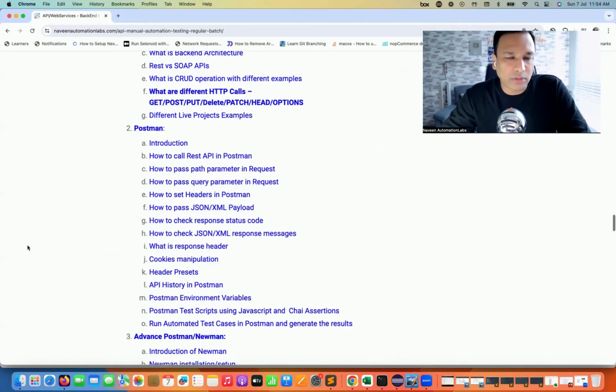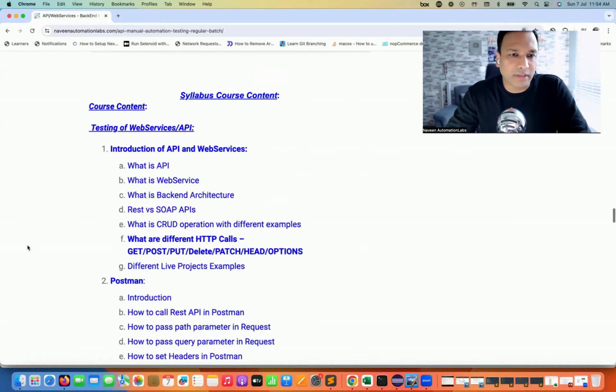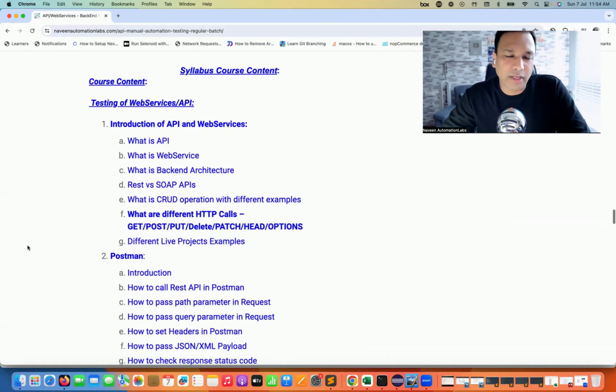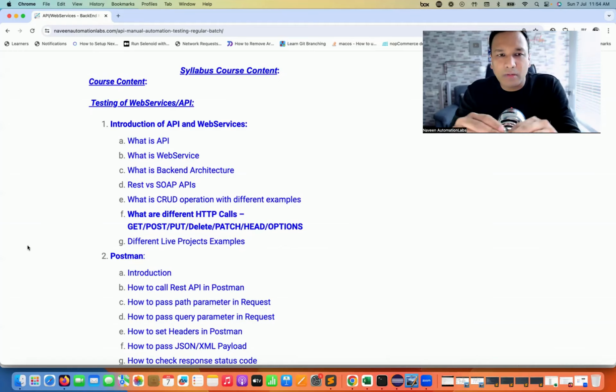Let me quickly go through the course content and the syllabus. This course content is very practically designed, the way we work in real-time projects. So this is going to help you a lot with respect to APIs, and people who are coming from a manual testing background or UI testing background or Selenium background, this is going to help you a lot. In fact, if you are a fresher also, I really want to improve your API testing level and API testing technologies. If you really want to learn, that is going to help you a lot because of the course content,